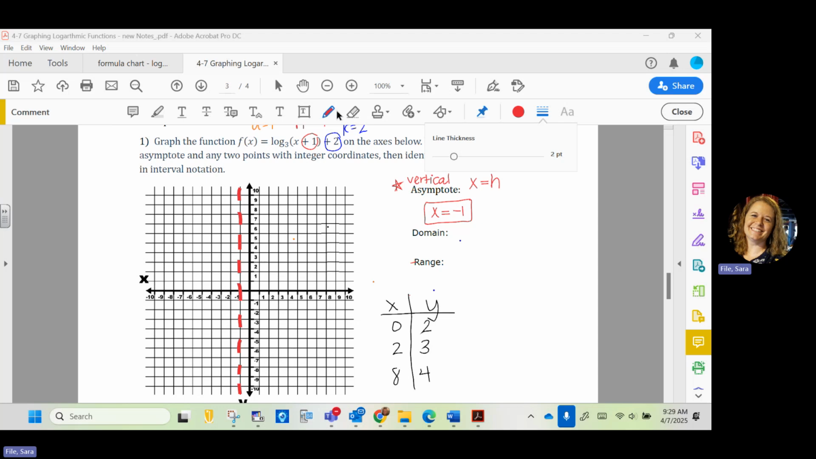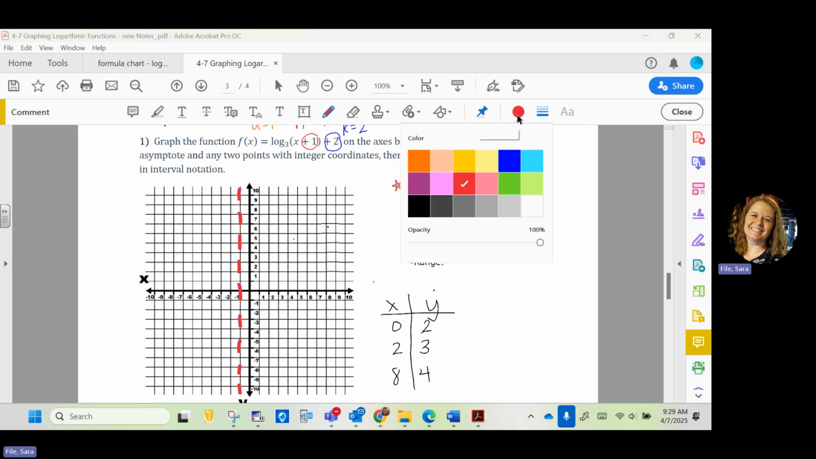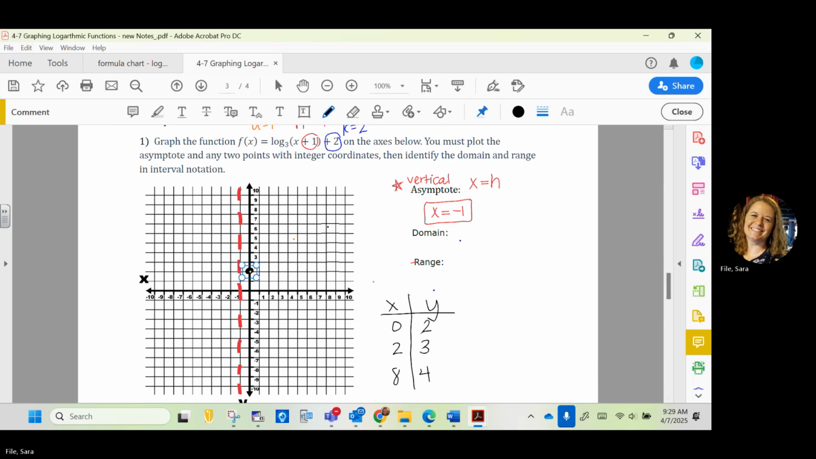Okay, and then I will plot points that I came up with from Desmos. So at (0, 2), at (2, 3), and at (8, 4). So I can use those points and the asymptote to guide the general shape of this